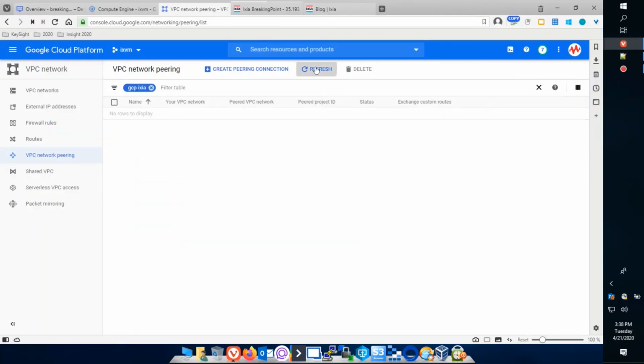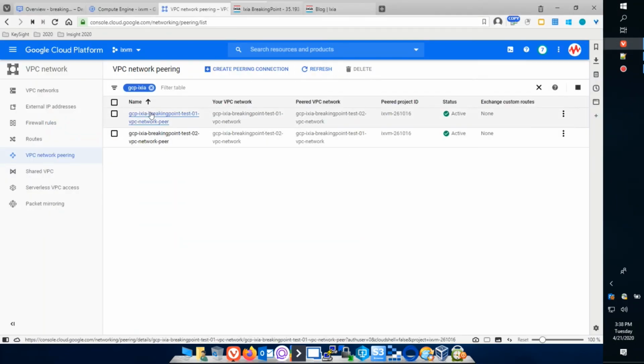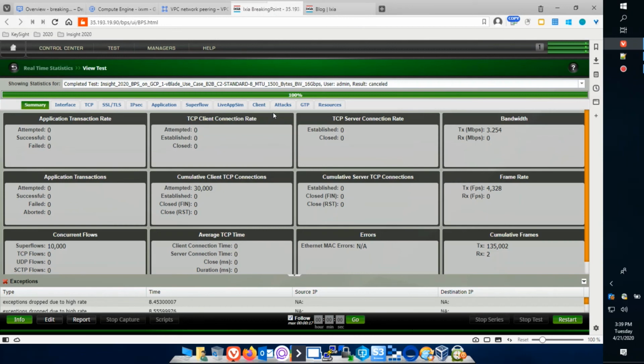If I do a refresh now with our tag, we'll see that there's newly created VPC network peering objects here. So one is going from test 01 to test 02, and going from test 02 to test 01 in the reverse direction. You have to do both directions, otherwise it'll say inactive. But both say active. If we come back to BreakingPoint and we just go ahead and restart,